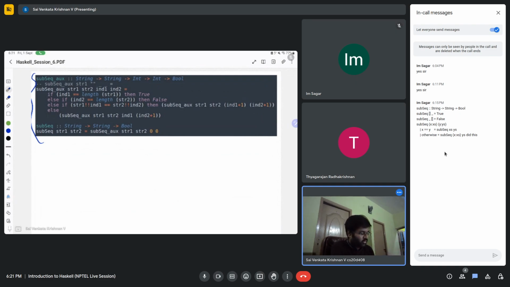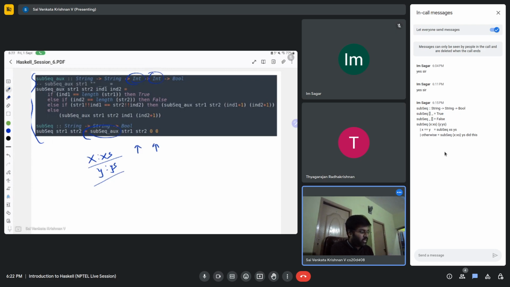Basically, whatever Sagar had written is the same as mine, but I didn't do these pattern matches on XXS or YYS for both the strings. Instead, I am defining an auxiliary function, and I am passing two integers, and these basically denote the current index pointing into both the strings,